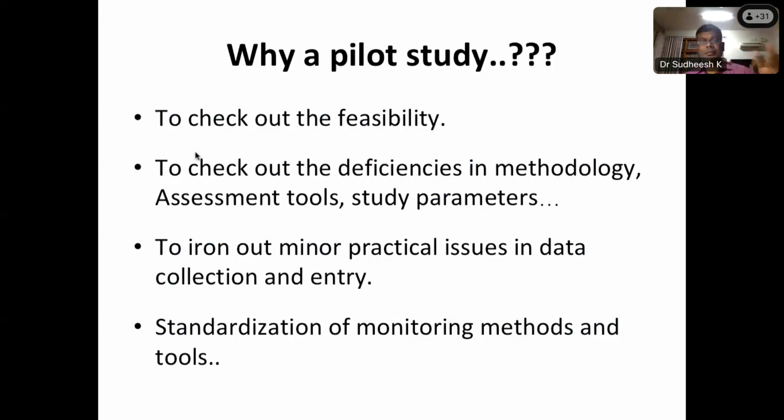This is about the basic problems faced when you are generating a synopsis or when you are starting a research. So the first thing among them is the pilot study. Now, why do you want to do a pilot study? Most of the time it is to check the feasibility and check what the deficiencies are in the